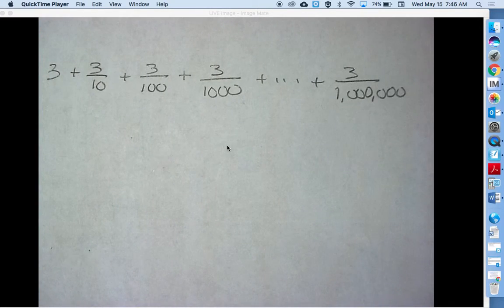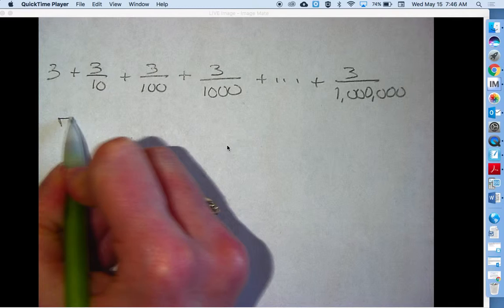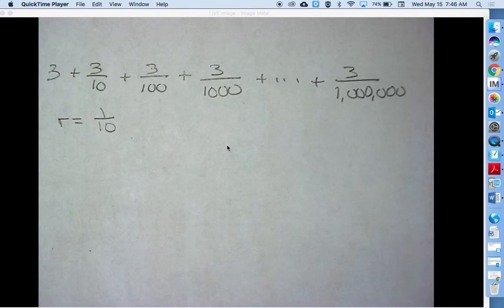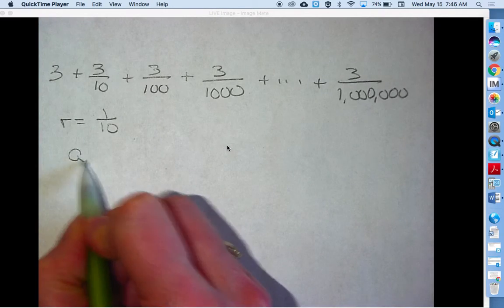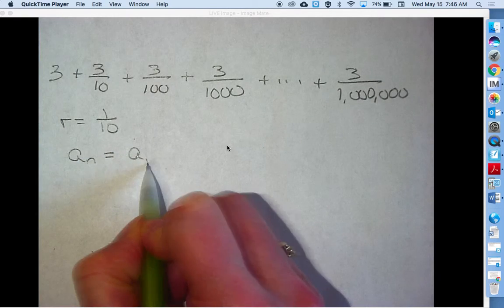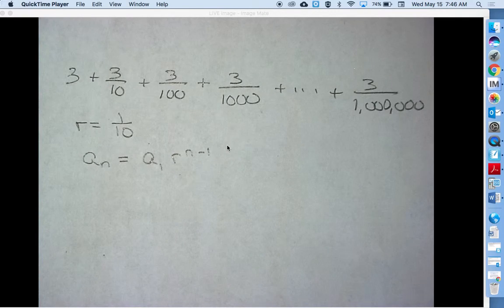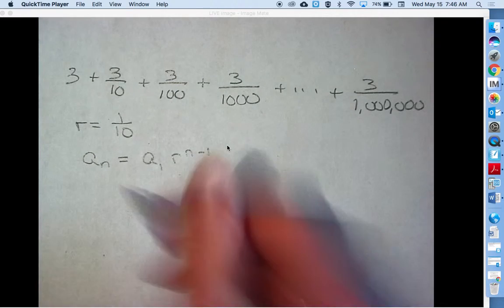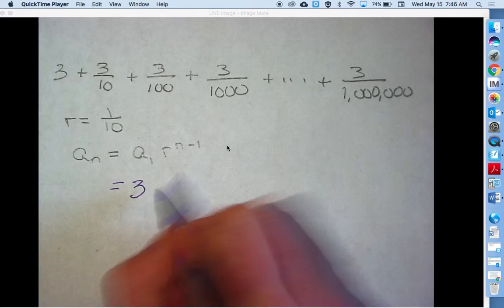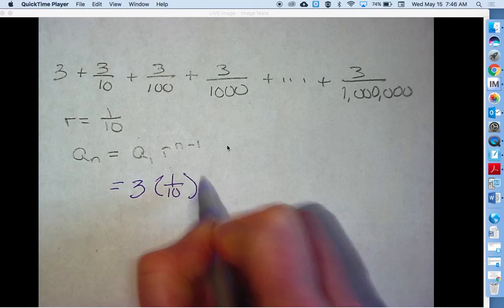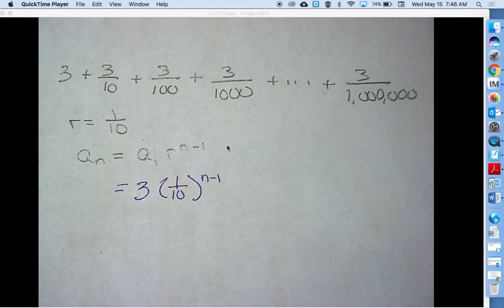So this is what number 12 looked like. Maddie said it was geometric because you were multiplying by 1/10. And Julia said you're going to end up having to put it into log form to figure out the number of terms. So for a geometric sequence, we have the first term, the r, and then n minus 1. So Maddie, the first term is a 3. The r you said was 1/10. And then the last term on the other side that we set it equal to would be,